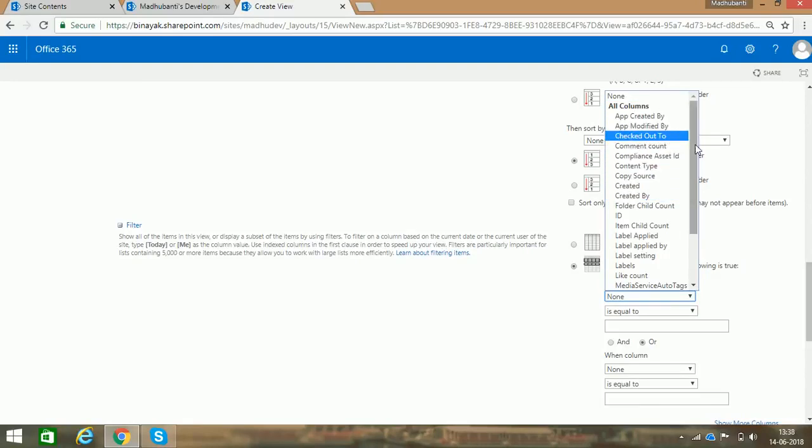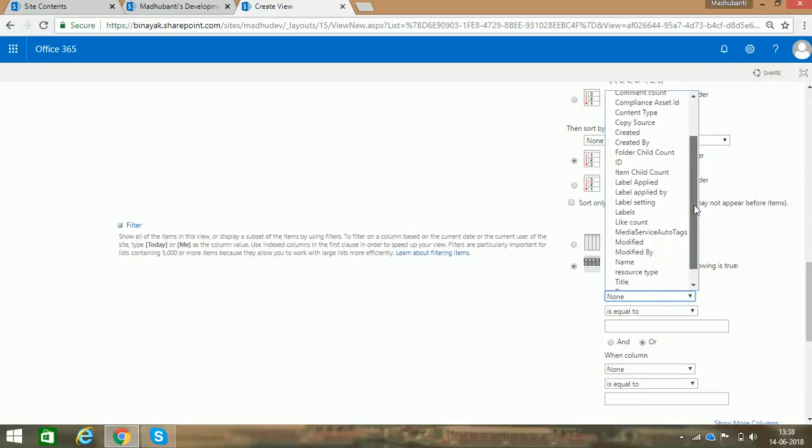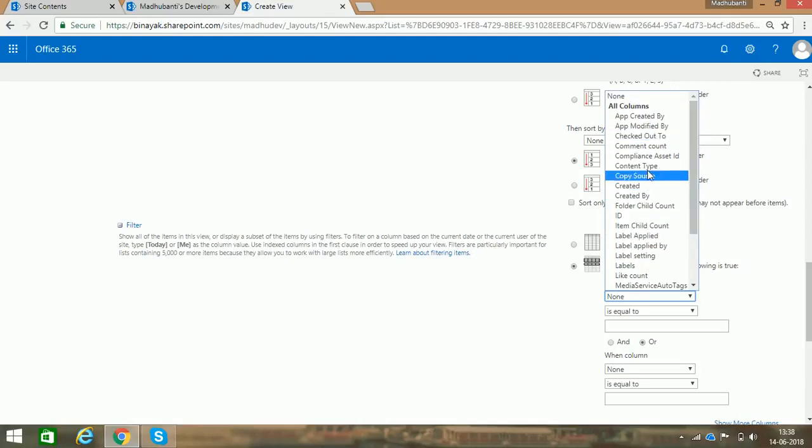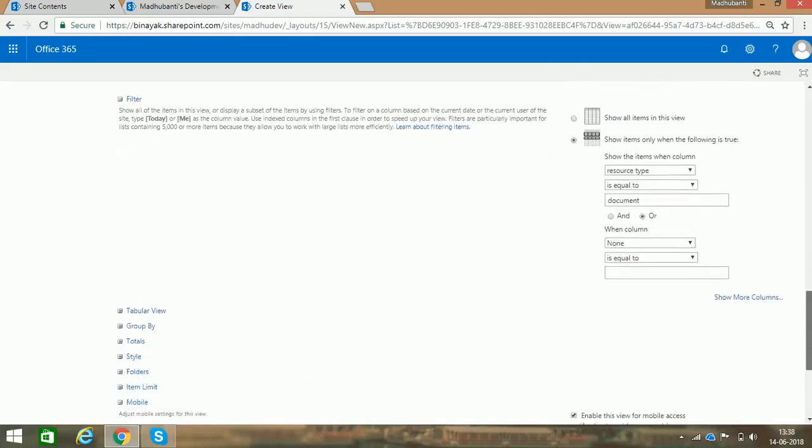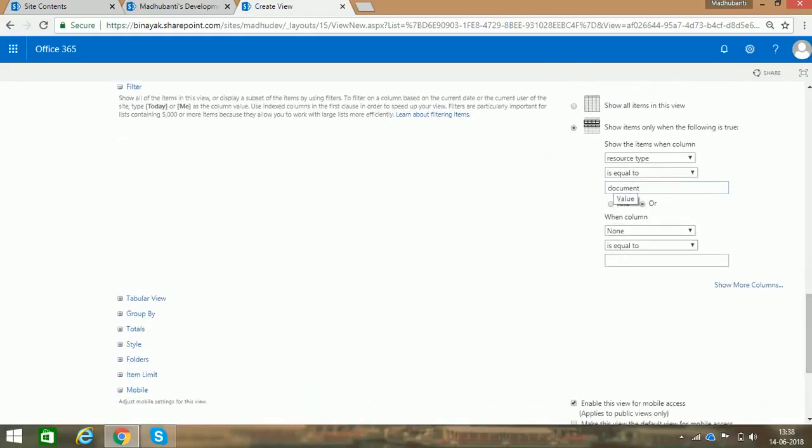I'm choosing the resource type, and here is the option is equal to. I click on this is equal to, and here I'm giving the name document. You have to be sure that this name is exactly equal to the item which you have given in your library, in your column. So it must be the same, otherwise it will not show this view.